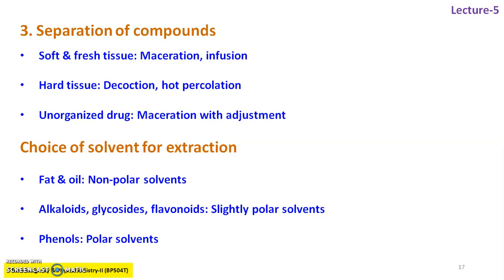If it is showing a positive test, it means that at 9 it had just started the biosynthesis of primary and secondary metabolites, and by 12 o'clock when I take the leaf and do the extraction, I got the active positive test for the secondary metabolite. It means the plant has started the biosynthesis of primary as well as secondary metabolites. So that is called separation of compounds.